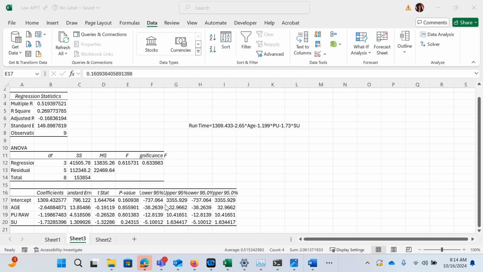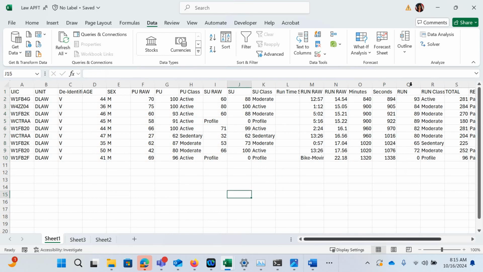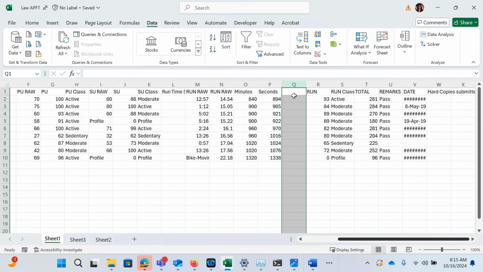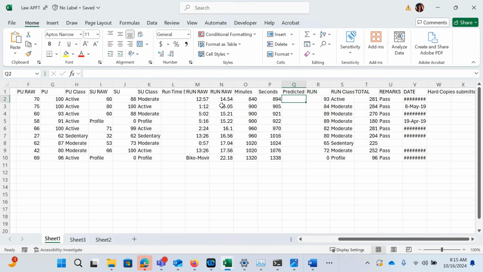Now I'm going to compare my actual and predicted. I'm going to take this formula that I just figured out for runtime, go back to my sheet of original data, and put in my predicted runtime. I'm going to put my formula here just so I have it to look at, that I've written down before. Instead here though, I'm going to erase this runtime out of here, and